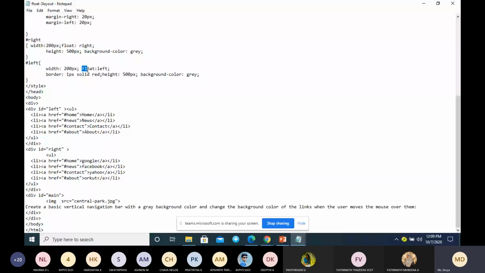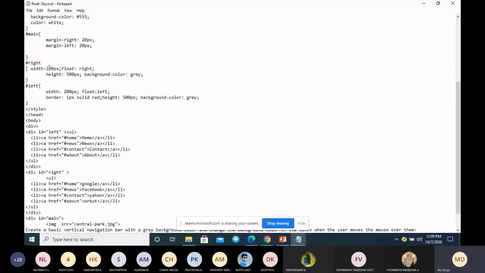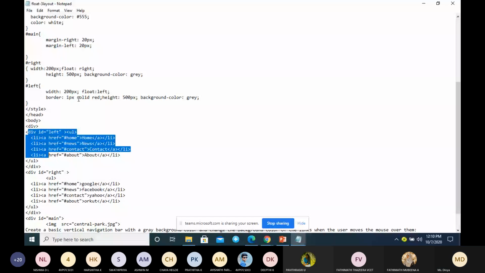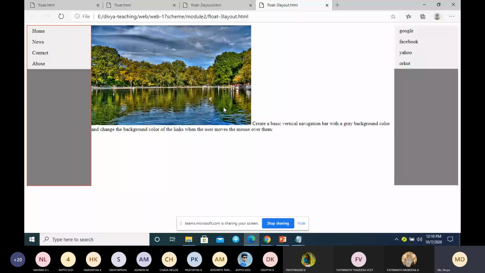The middle one is ID main, which we leave as it is. The left menu we have floated to the left side, and the right menu we have given float right. So this is how we can use float for arranging the elements to get multiple columns.